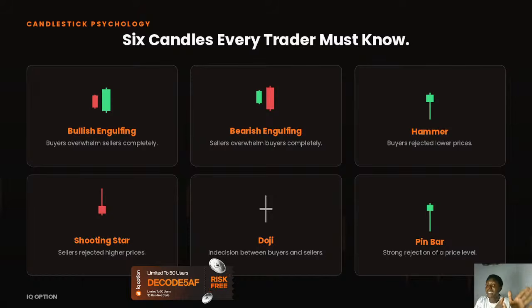But based on what you see on the screen right now, whenever you saw a small green candle being swallowed by a very large red candle, that means a bearish engulfing. And what bearish engulfing actually means is that sellers had already taken total control of the market at that moment, and now the market will begin to move in a downward direction. You can place a sell order based on what you saw, and it means the market will go in a downward direction in the next couple of minutes. And then the next thing we have,